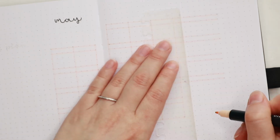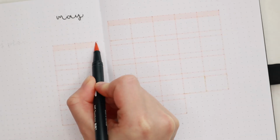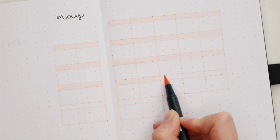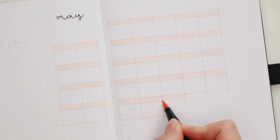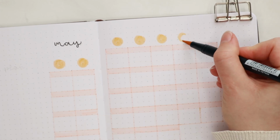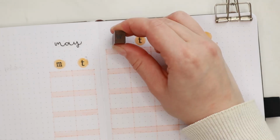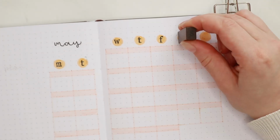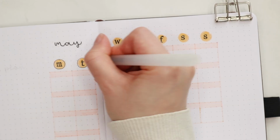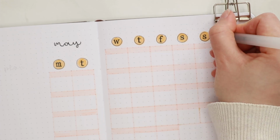So each box is 4x4 dot grid spaces, and I place the calendar so that Mondays and Tuesdays are on the left page and the rest of the days are on the right page. And if you don't like how the calendar is split in the middle, you can keep the height of the calendar but reduce the width of each box by 1, and then you'll be able to fit the calendar on one page. Above the calendar I drew 7 orange circles and then used the alphabet stamps for the days,